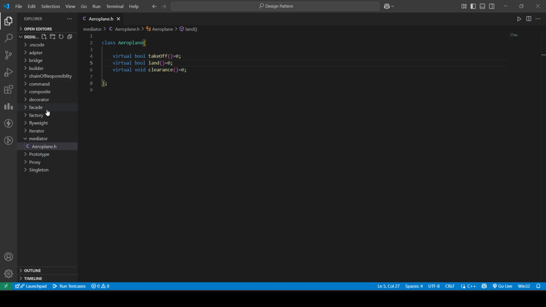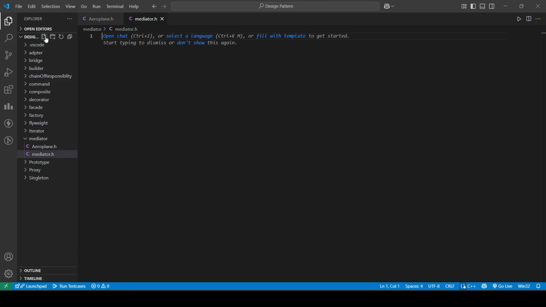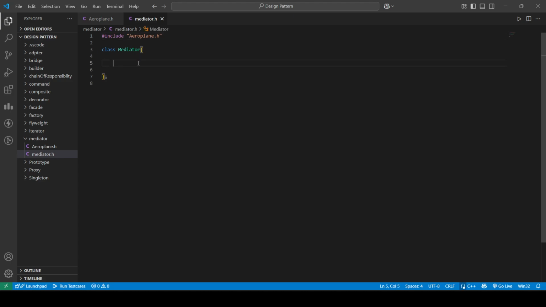Fine. So let's have one more class, which will be nothing but a mediator. Let's first include airplane. We have an object, I mean a pointer, of our airplane. So this mediator will provide three functions, which will be takeoff,